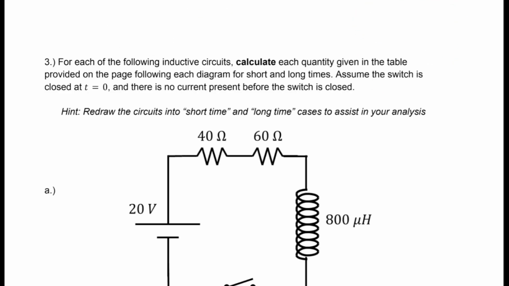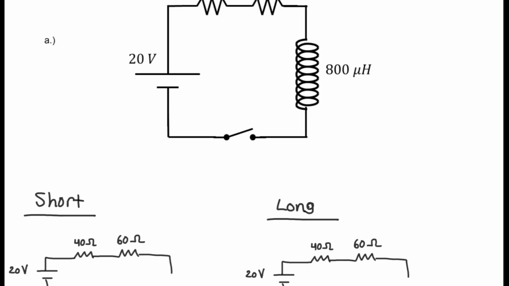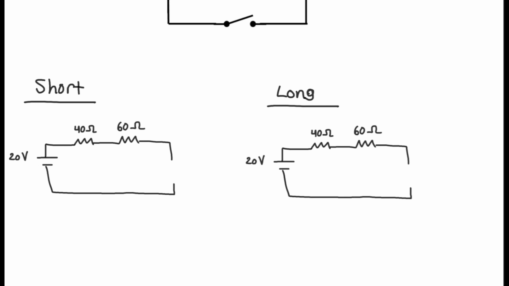All right, now we'll do a short and long time analysis of a couple numeric examples. So first we have a series circuit, and we're just going to basically calculate any quantity we could want at both times. So kind of drew some skeletons here, and then we have to insert the relevant connector. So for short times, inductors block current flow, so that would be like a gap in the